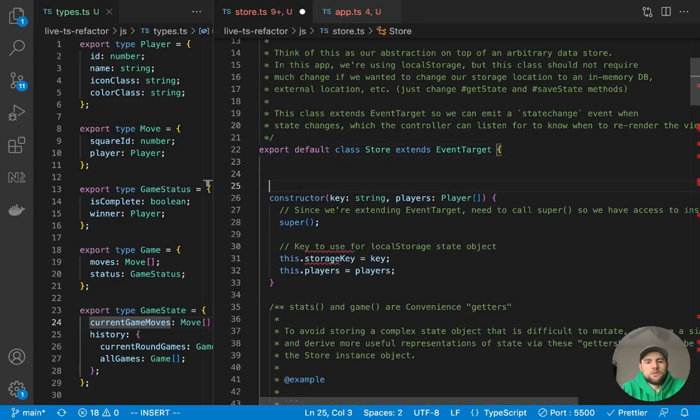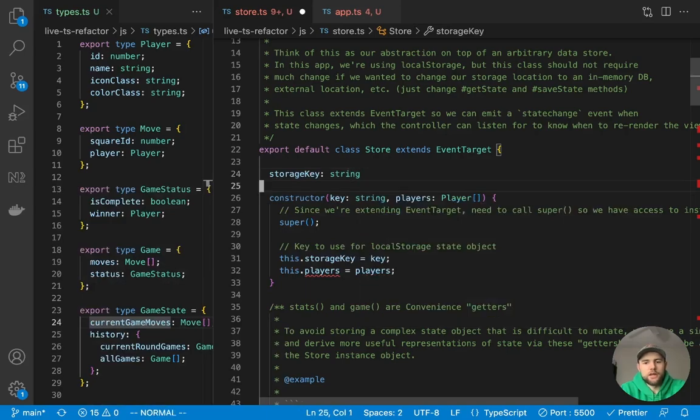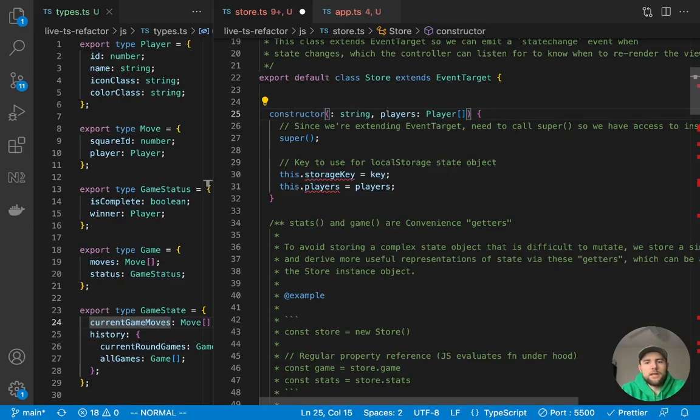Now, one way that we could do this is come up here at the top and say that storage key is a string. And that will satisfy it because we're passing in this key. And then in the constructor, we are assigning this to a string. So there's actually a shortcut to doing this, a more concise way to do it. And instead of calling this key and then this storage key and having that mismatch there, we can short circuit this, delete that, rename this to storage key.